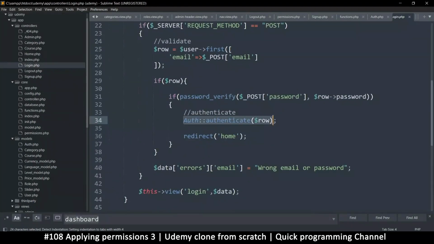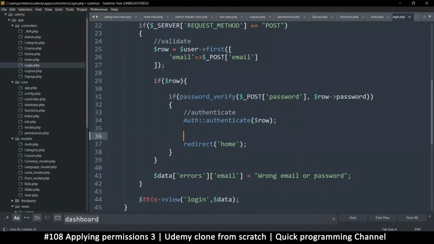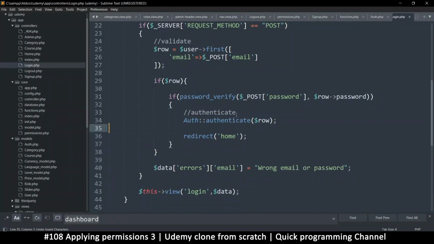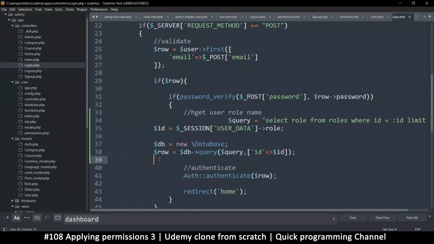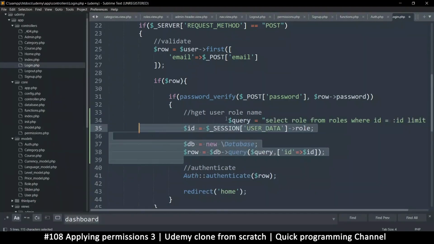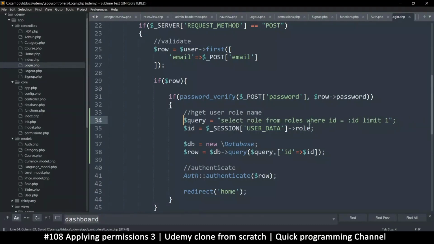Once we authenticate a user, we have the row that represents the user. So before we do this authentication, let's get user row name. Let me paste all of that right here. Okay, so everything remains the same. Select row where ID is equal to ID. Now the ID in this case should be from this row that we've just read. So I'll grab this and say